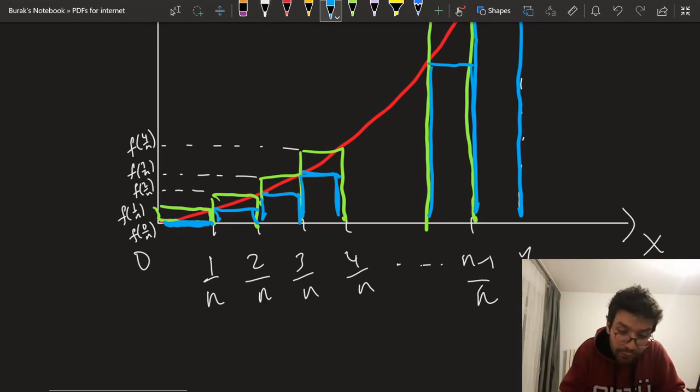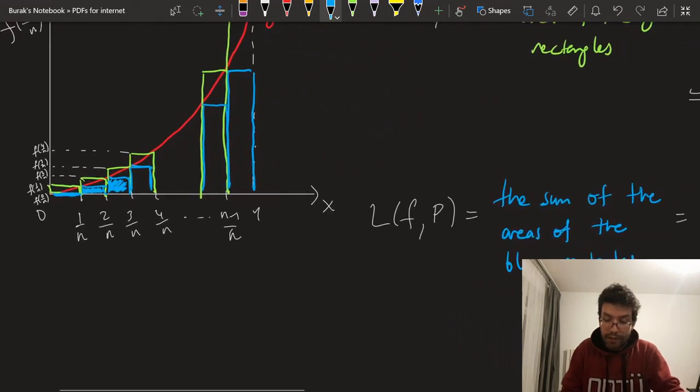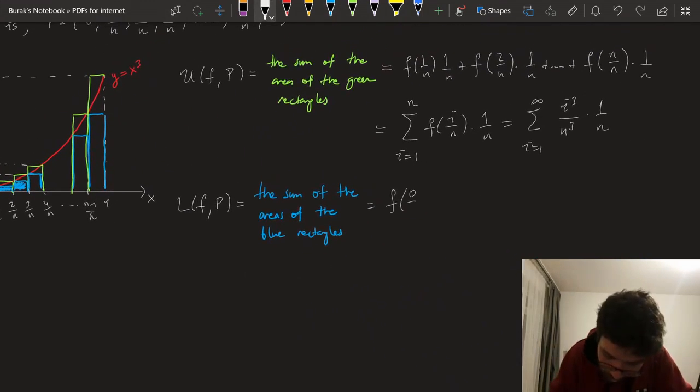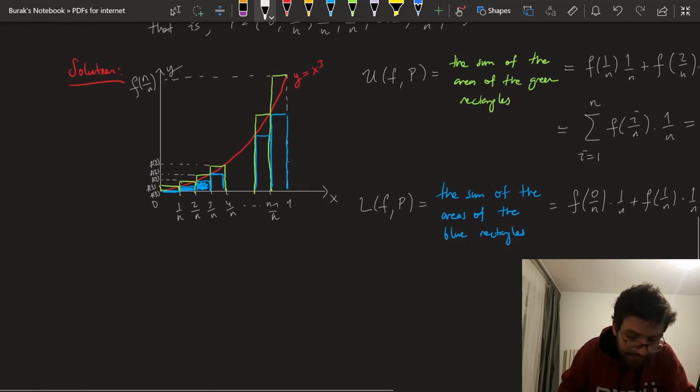The height of the second blue rectangle over here, like this is my second blue rectangle, its height would be f of 1 over n. The height of the third blue rectangle will be f of 2 over n, and so on. Okay, so this time I'm going to have the height of the first one times the width of the first one plus the height of the second one times the width of the second one. And finally,